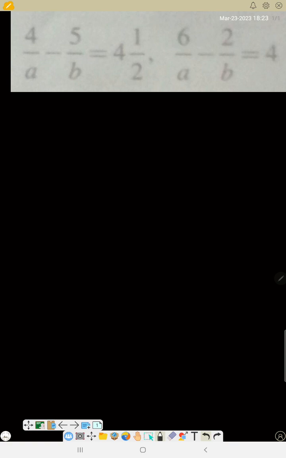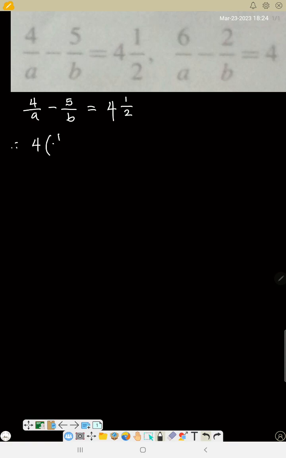Yeah, we have simultaneous equations here. Equation 1 is 4 over a minus 5 over b equals 4 whole number 1 over 2. Now if you see any equation of this form, see this pattern, this equation is the same thing as